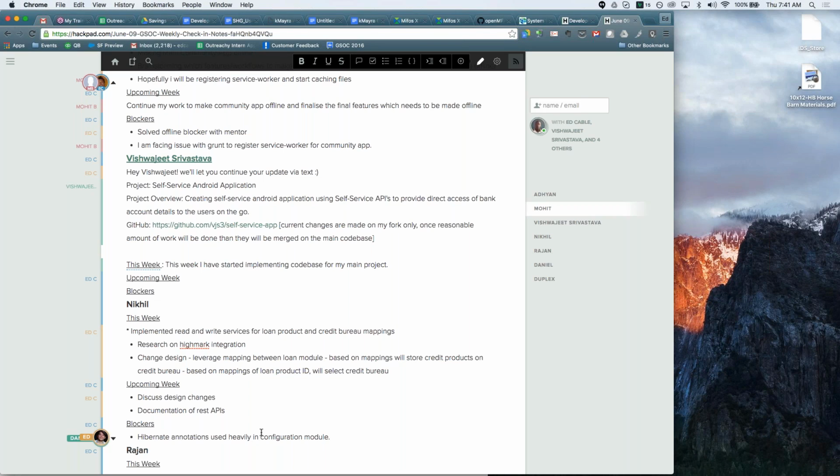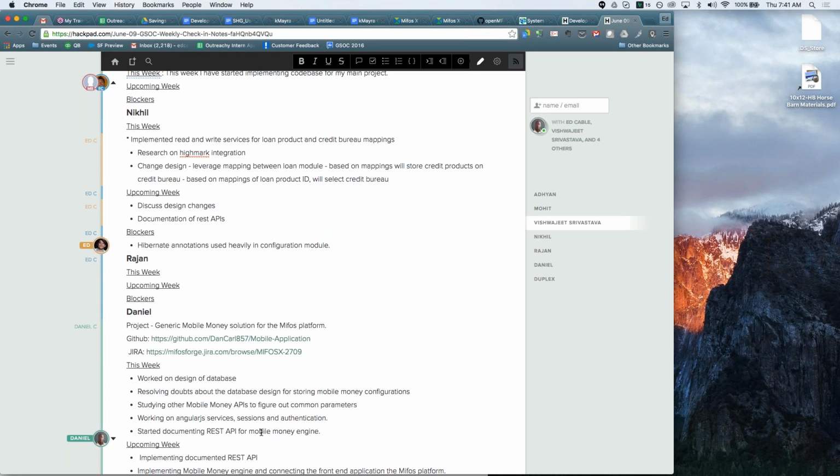And then Rajan, are you still on? I think Rajan might have dropped, so we might have to get his update a bit later on. But Rajan is working on evolving our Android field client from its current version 2.0 status to version 3.0.